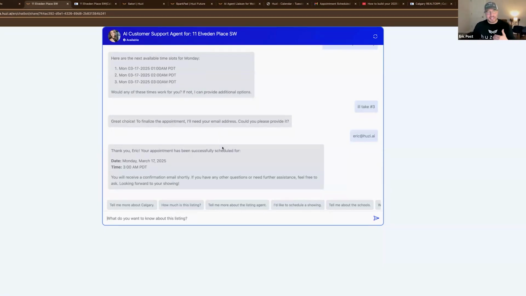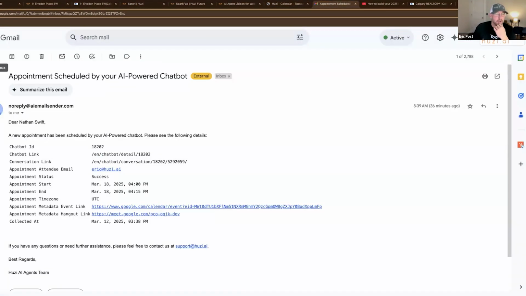Now, in the settings, when I set this up, a couple things are going to happen. This appointment is going to show up on my calendar with a special notation, so I'm going to be able to see exactly that this was set by my AI agent. And I, as the agent, am going to receive an email saying that I have a new showing scheduled. So I'm not going to miss any of these things. I'm going to get an email notification, it's going to show up on my calendar, and it's also going to be put onto the client's calendar as well.